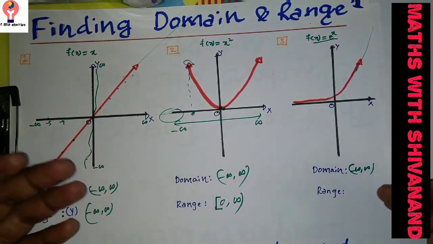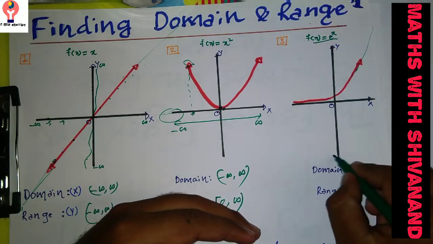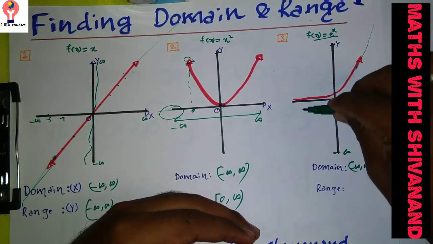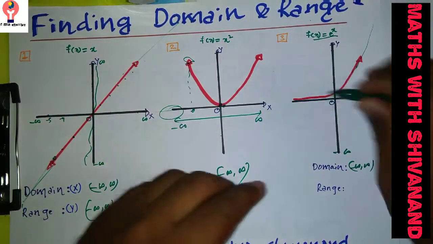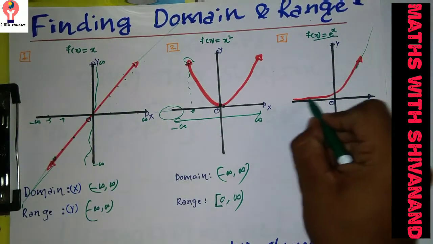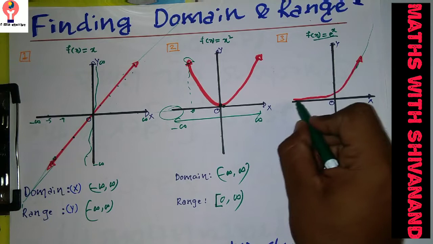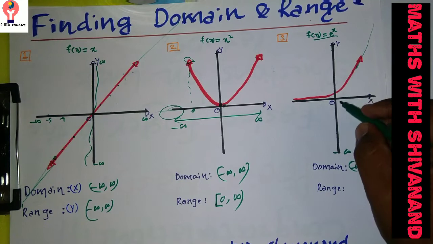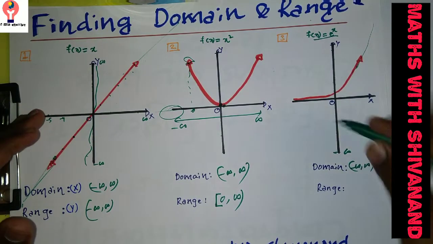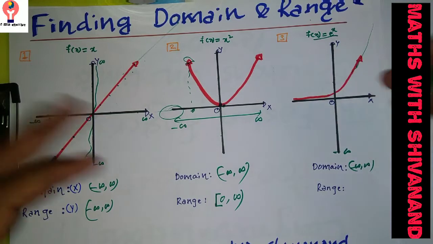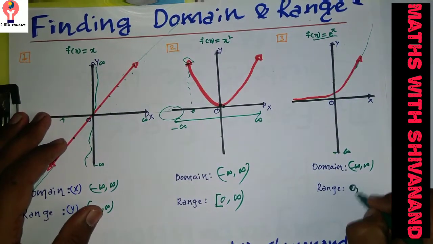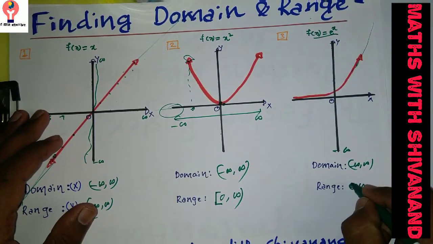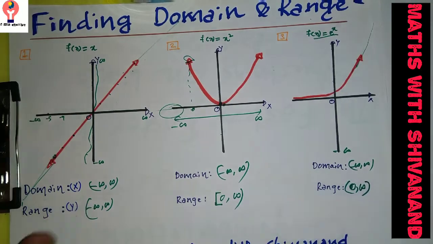Then how to calculate the range? Range is nothing but checking along the y-axis. The y value goes from minus infinity to 0 to infinity. I will start with 0. Remember, students, this e raised to x curve will never touch the x-axis. The x-axis is the asymptote for this curve. So the value of y should not include 0. It starts from 0, which should be an open interval, and runs towards plus infinity. So 0 to infinity, with 0 open and infinity also open.